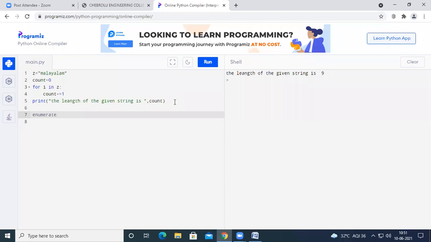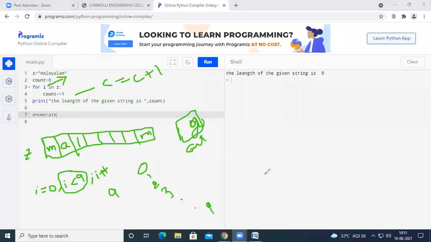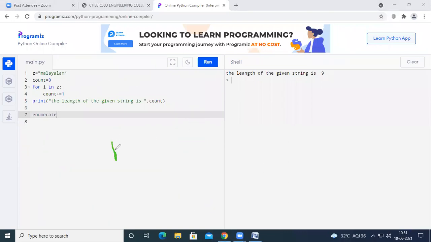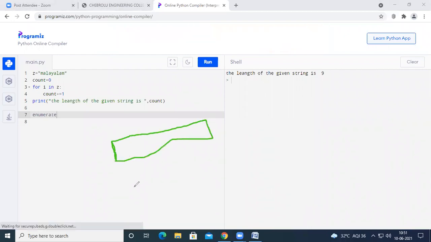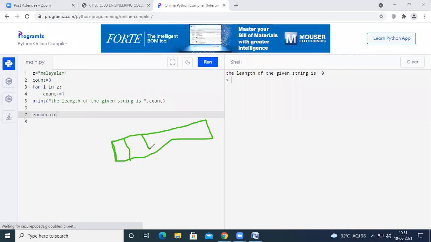What that object contains is the index and values of all the items in the string as pairs. See here. Previously, when we discussed this, we said that whenever we represent a string, some memory will be created like this, and that memory will be divided into some equivalent parts, and one character will be stored in each.